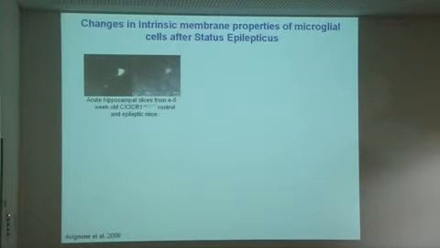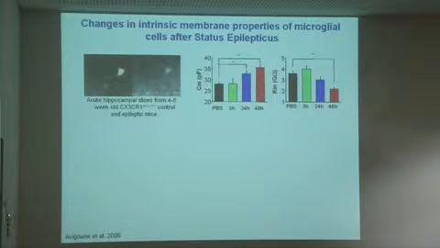So the first thing we looked at are some basic membrane properties of those cells, passive properties. The capacitance, the membrane capacitance, which is an index of the total surface of the membrane of the cells that you record with patch clamp. And you see that when compared to the control animal injected with PBS, those that have received a kainate injection, after 1 day, have an increase in the membrane capacitance, which is in good agreement with the fact that those cells are becoming larger.